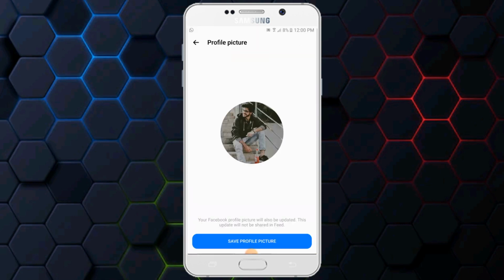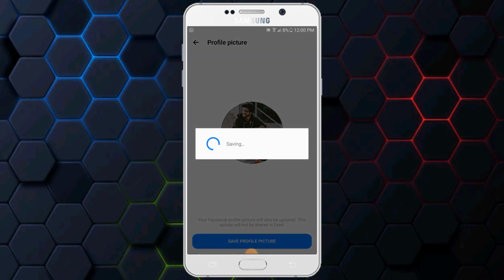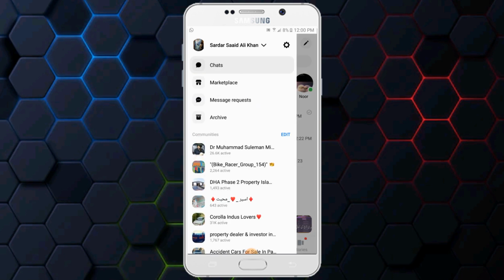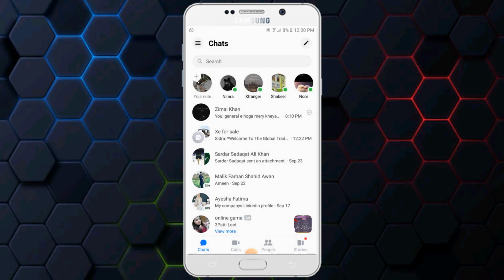So you will simply tap on save profile picture. So the profile picture has been changed in Messenger. So this is the simple process of changing the profile picture of Messenger